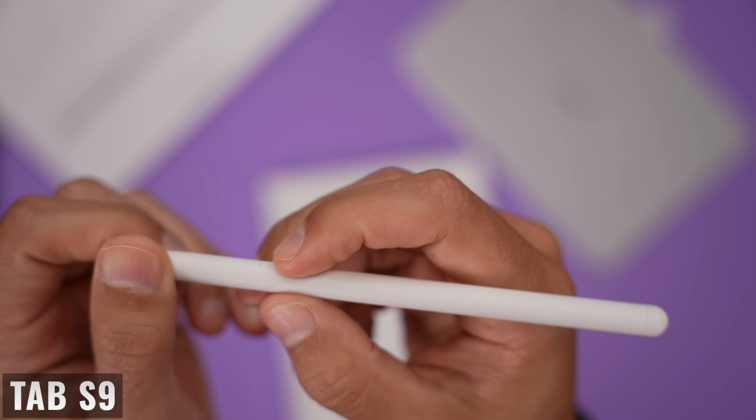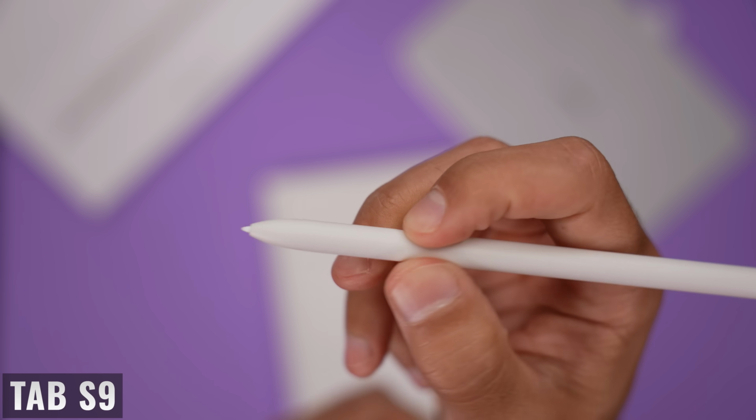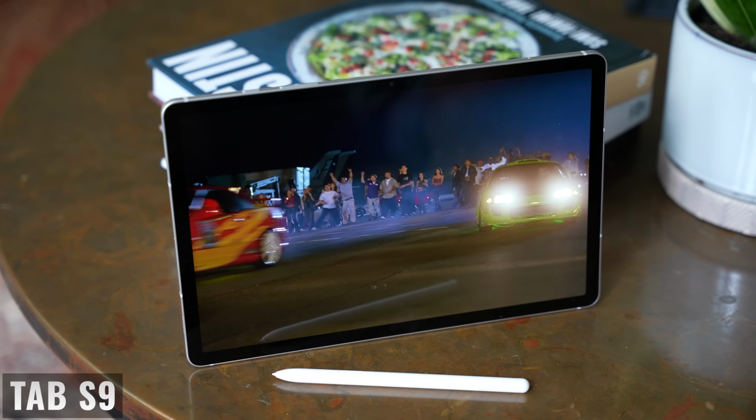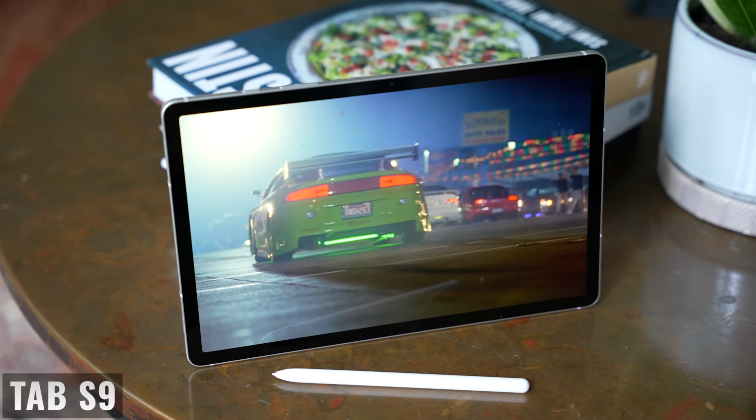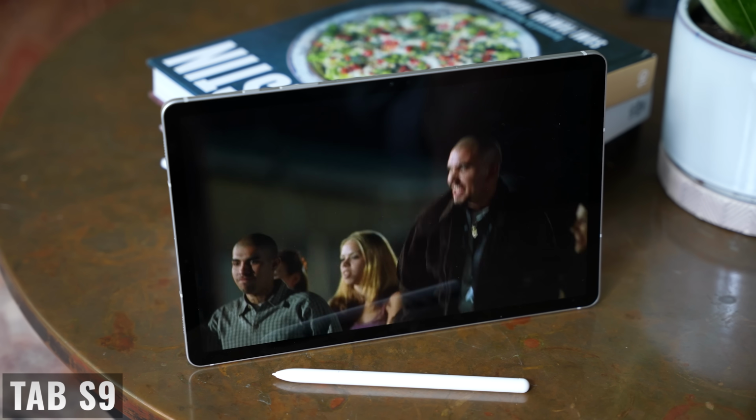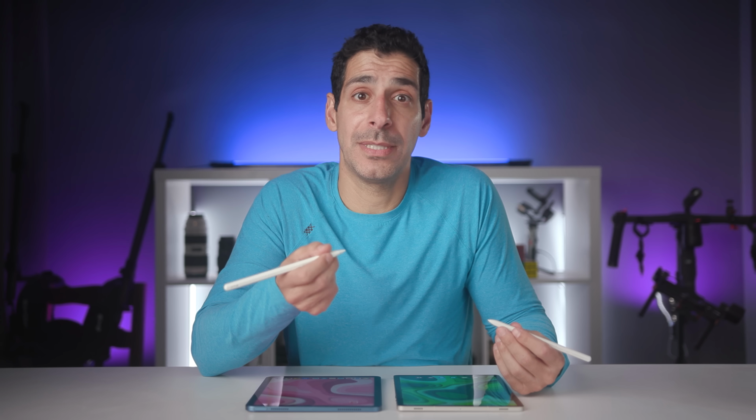Now the Tab S9 comes with a free S Pen, which pairs wirelessly. It can be stored on the side or on the back of the Tab S9, but it'll only charge on the back. And just like with the tablet itself, we're getting an IP68 rating. You can assign functions to the 2nd generation Apple Pencil Double Tap and the S Pen button, but the S Pen also has several Bluetooth functions, so you can use it for things like taking pictures or media playback.